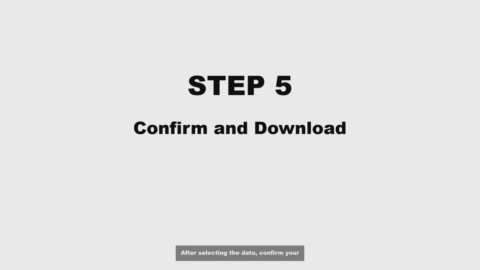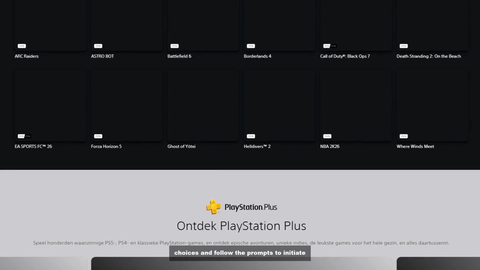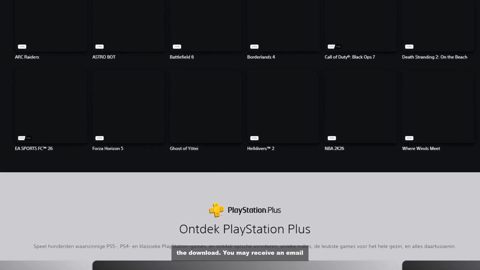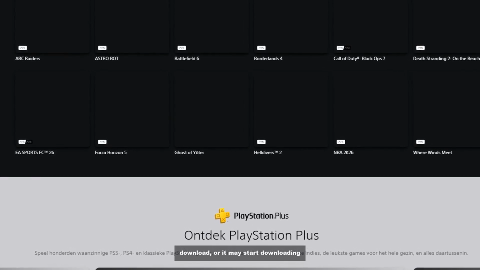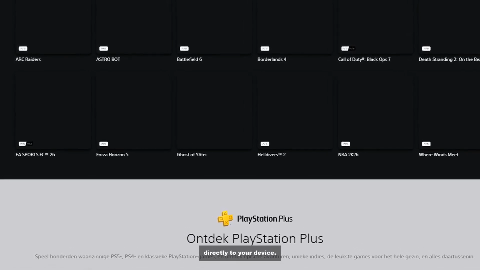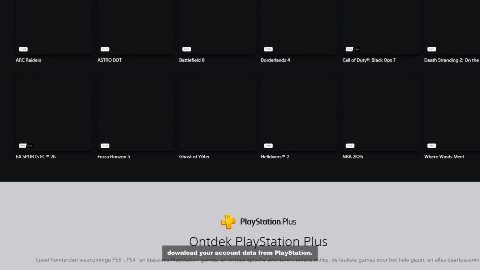Step 5. Confirm and download. After selecting the data, confirm your choices and follow the prompts to initiate the download. You may receive an email notification once your data is ready for download, or it may start downloading directly to your device. By following these steps, you can easily download your account data from